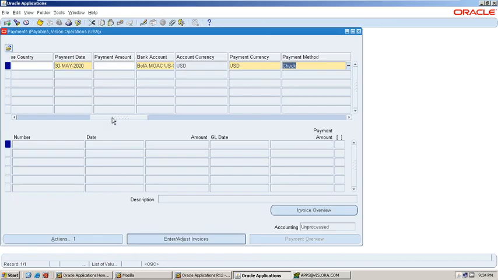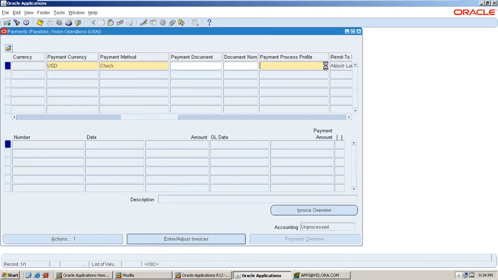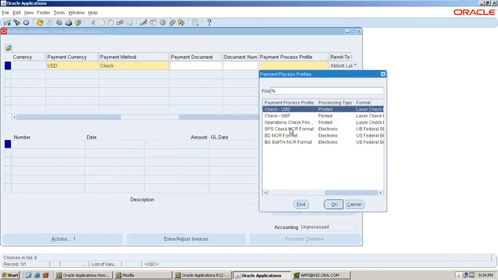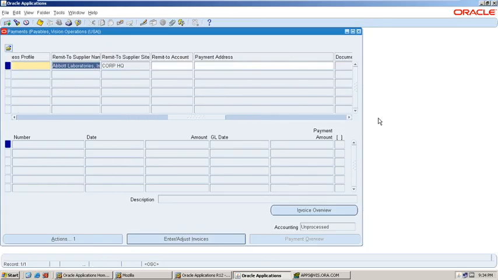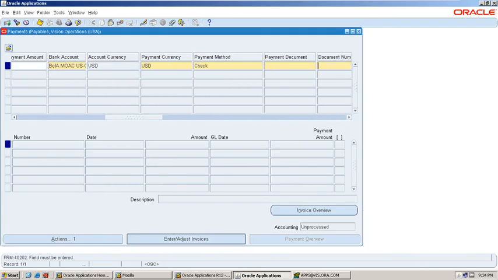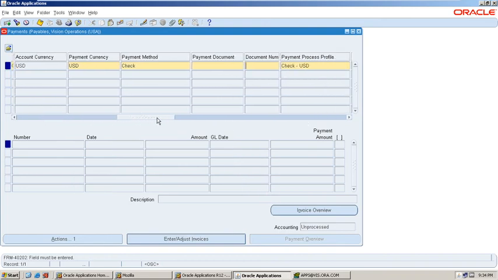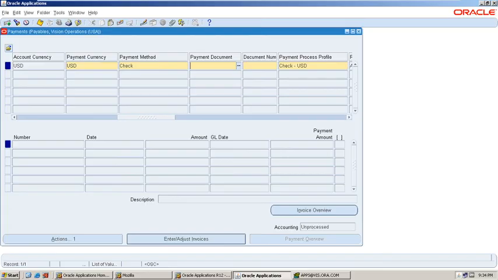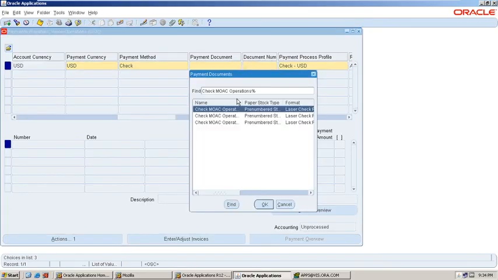Here is MOFA, check payment process profile, check ESD, and then save the payment document.